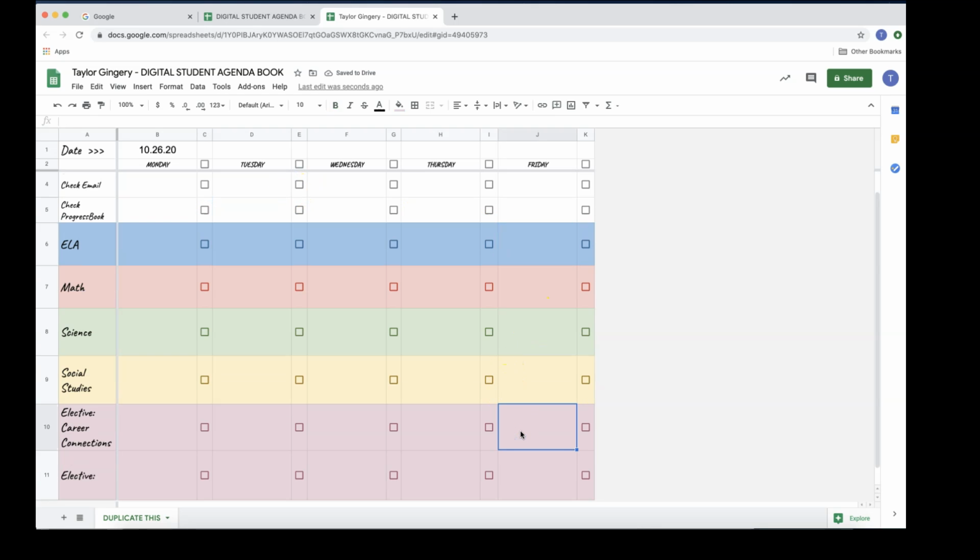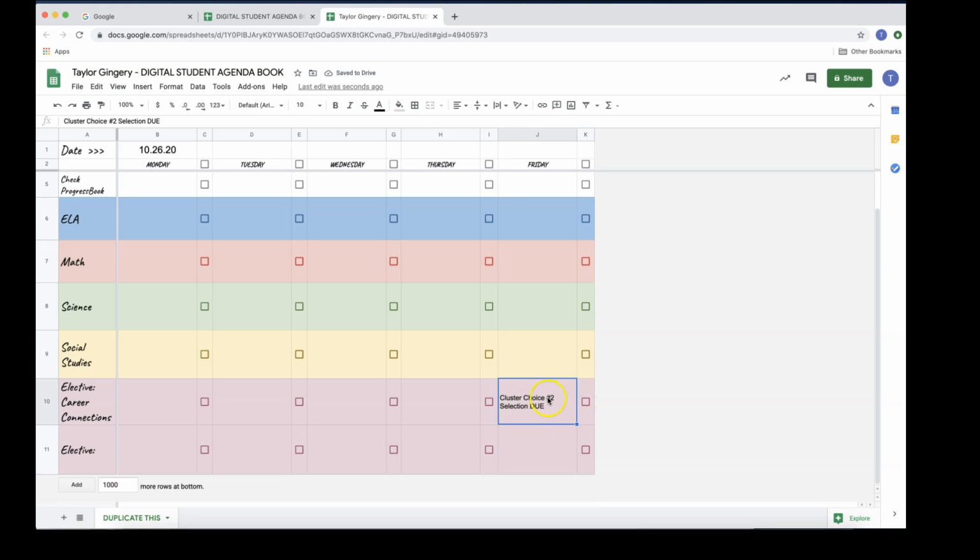You could start putting your due dates in as you go. So that's going to be due for our class this Friday, actually, the selection. So you could put that in, and then say you come back later and you're like, oh, I also have homework that I need to do this weekend. You can start typing that in, and that's just, I